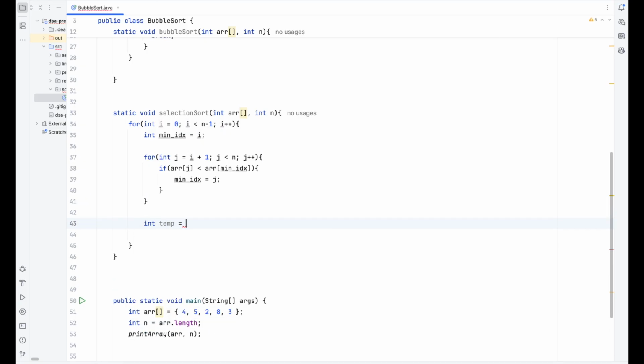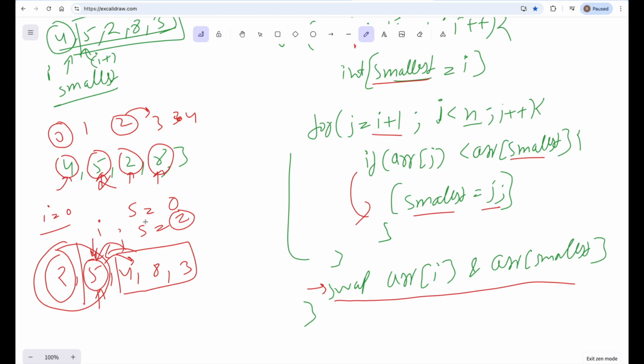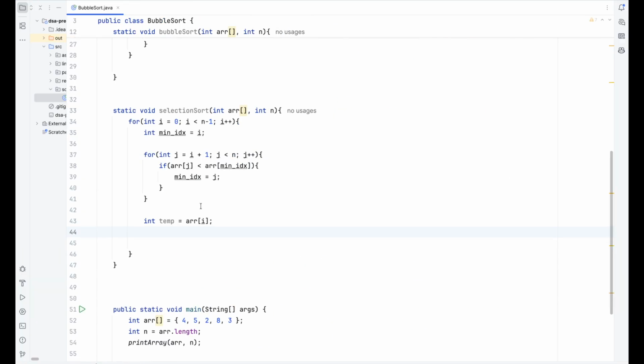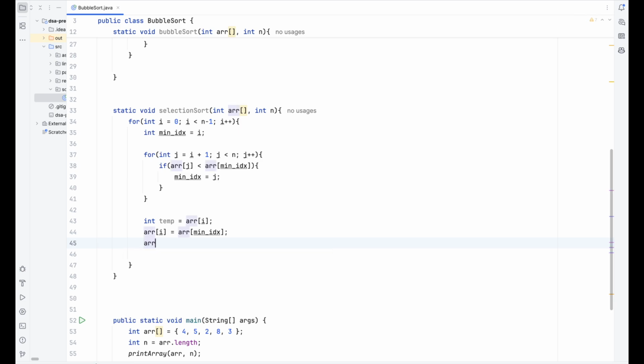We can create a temporary variable, and in this one we store array of i, because we need to replace that element only, the first element in our case. Then array of i will now be array of minIndex. After that, in array of minIndex, you assign your temp, which you already saved.